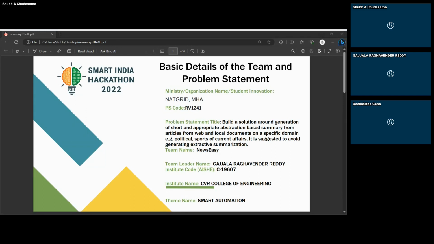If you are interested in participating in this SIH, the last date is 19th of this month, that is day after tomorrow. You need to come up with a problem statement and fill the registration form as soon as possible. And on 21st, we have the first round of selections in our campus, maybe at the auditorium. We'll definitely get all the details about the venue and timings with date via student groups and all.